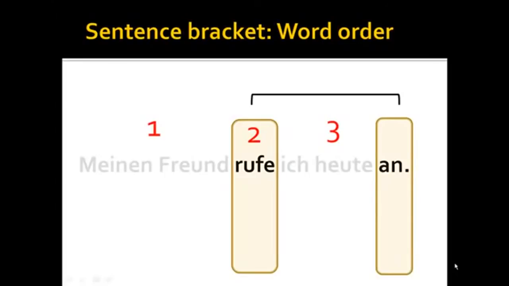So in this sentence, meinen Freund is the thing I want to emphasize. Therefore, I'm going to put him at the beginning of the sentence. He's going to be in the first position. However, you'll notice that the second position still is the verb. This is a standard rule of thumb, that the verb in statement sentences in German always comes in the second position. And since it's a separable prefix verb, the prefix comes at the very end of the sentence, forming again